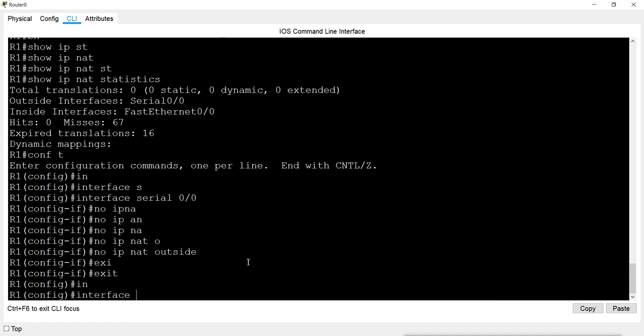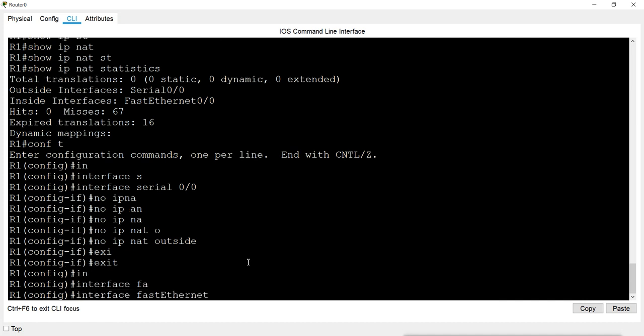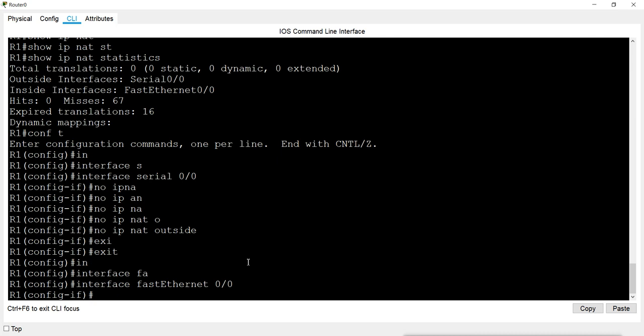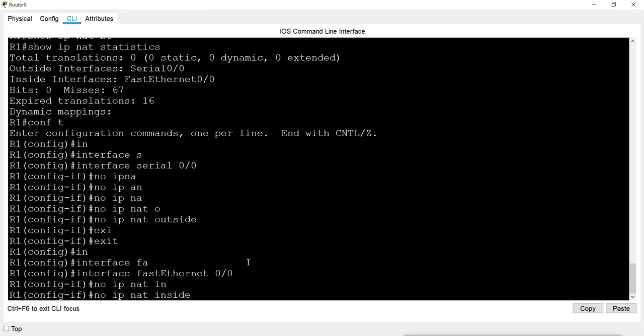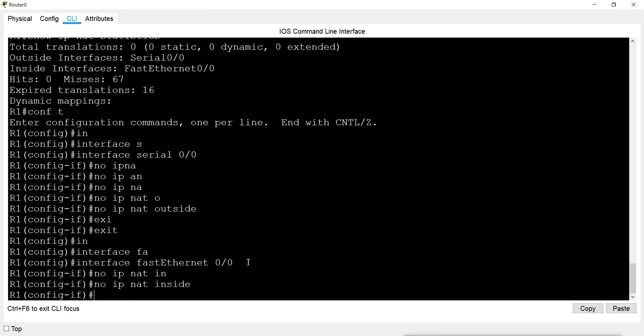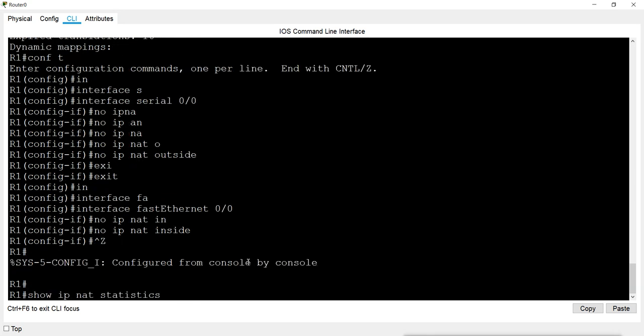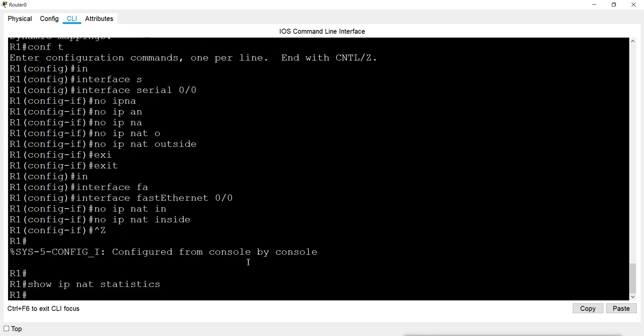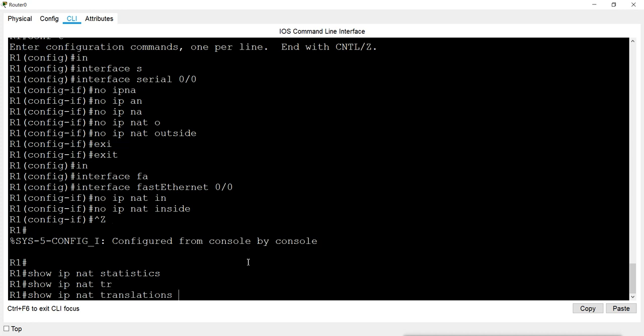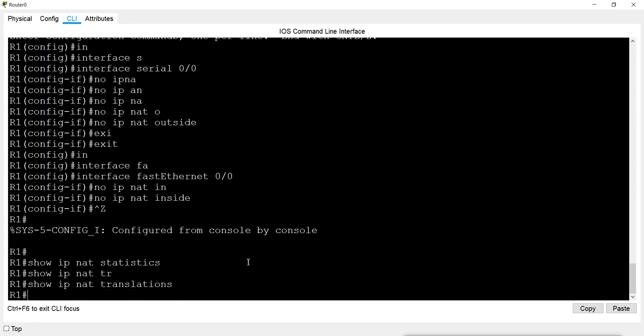Then interface FastEthernet 0/0, and here again no IP NAT, and here I had configured inside, so no inside also. Now when you check the statistics, it is not showing any statistics because it is not trying to do the translation. And when you see the translation, there is no translation also. This is static NAT.